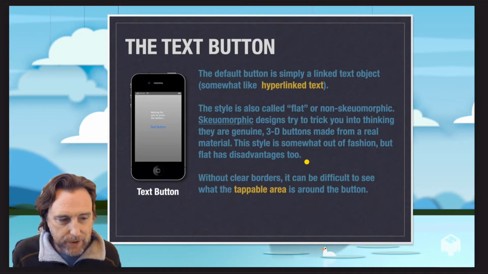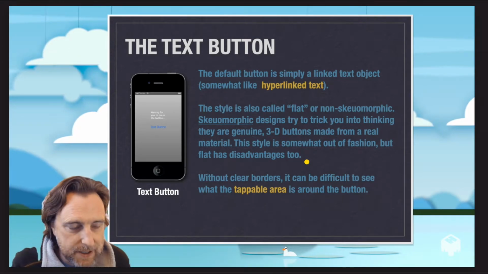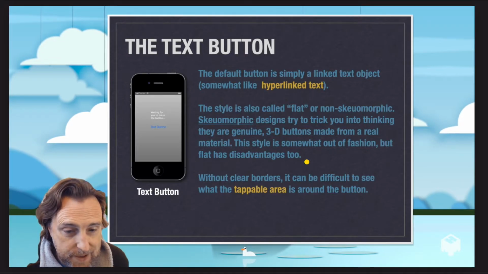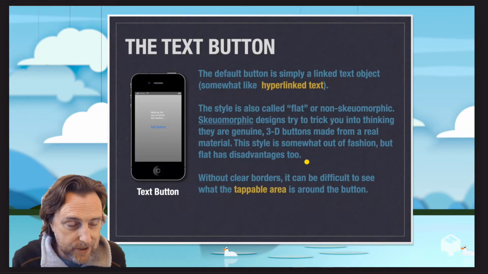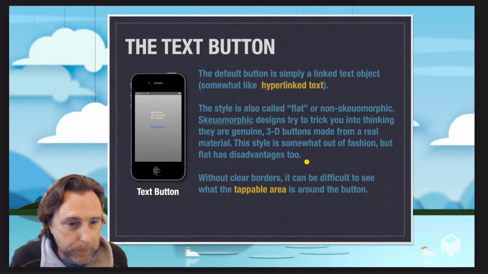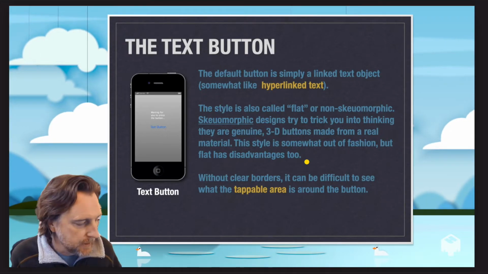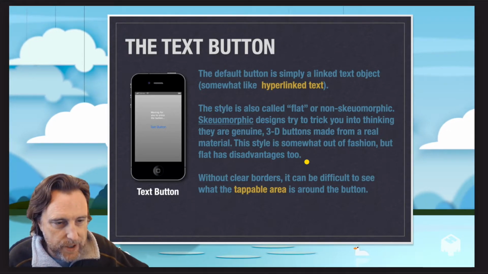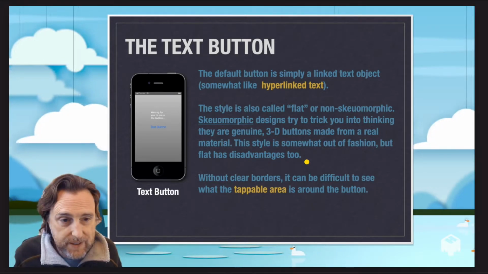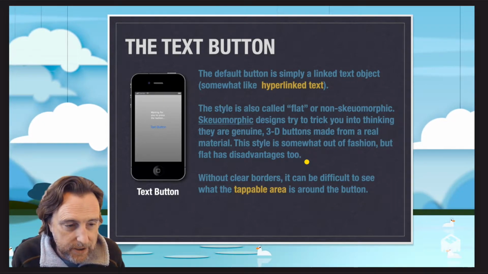It's not trying to look 3D. It's not trying to look like anything, in fact. And to some extent, that's also its disadvantage, because to some people, or in some UIs, it doesn't look like a button. It just looks like text. It's also not entirely clear from looking at that where you could tap. Do you have to tap directly on the text, or is there a region somewhat around the text that you could tap on? That's probably the central criticism of that style design, is that it is unclear,